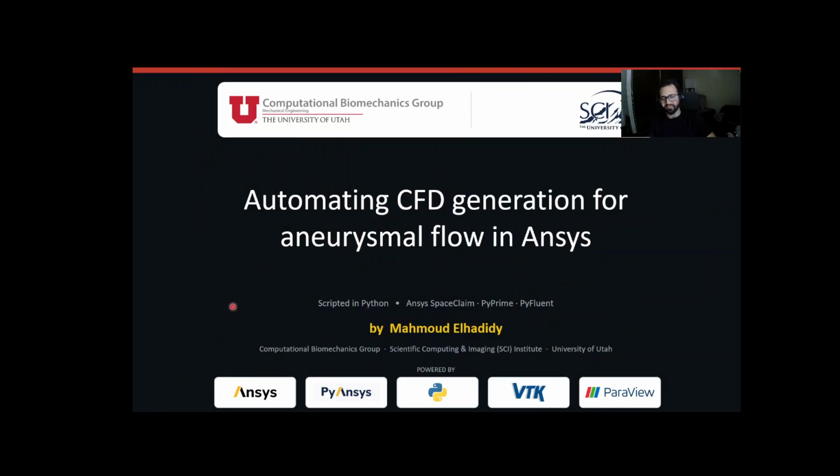Today I'll be explaining how you can automate your CFD generation for aneurysmal blood flow inside Ansys. The automation will be done inside Python. For the geometry generation, we will be using SpaceClaim, the CAD modeler inside Ansys, but the script will be automated in Python. For the meshing and for the simulation, we will be using PyAnsys, using PyPrime for meshing and PyFluent